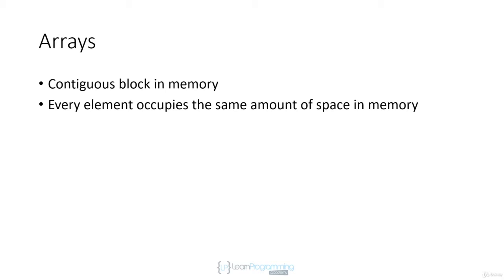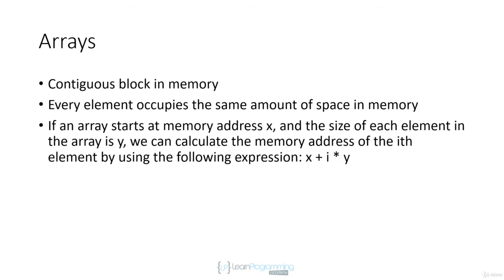So if you create an array of strings, what you're actually storing in the array is a bunch of object references to the string instances. And those object references are all going to be the same size. And that's why you can have an object array and store any type of object in there. It's because the object references to the different instances are always the same size. So arrays occupy one contiguous block in memory, and every element in the array occupies the same amount of space in memory. So because of that, we can easily calculate the memory address of an array element based on its